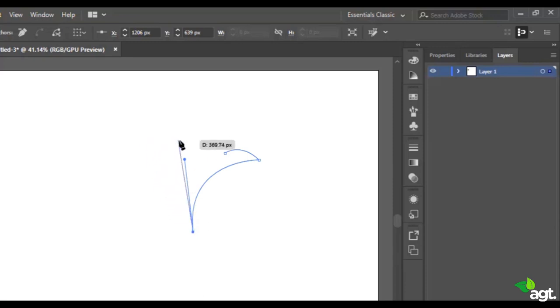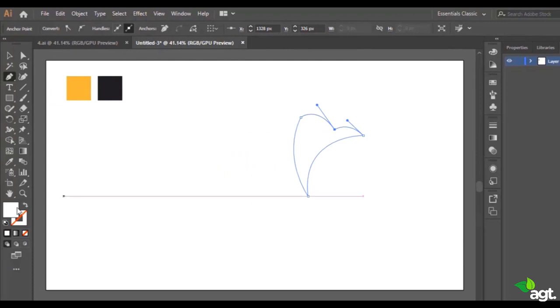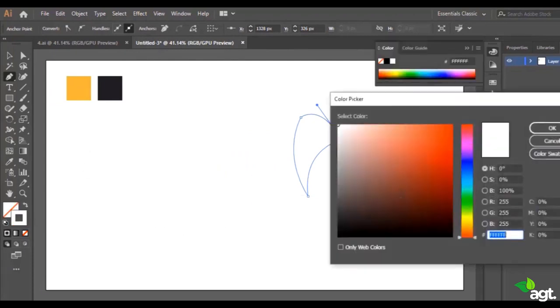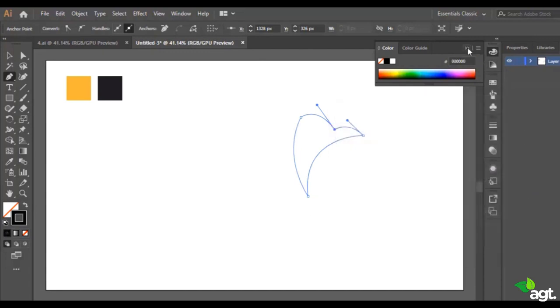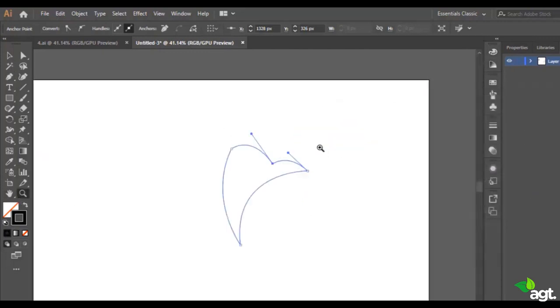Now again, we click on the last dot. We click and drag right here to make a curvy line like this. Again, we select the last dot and we reconnect the last one with the first one like this. Perfect. We swap the fill with stroke, then we make it in black like this. We zoom in